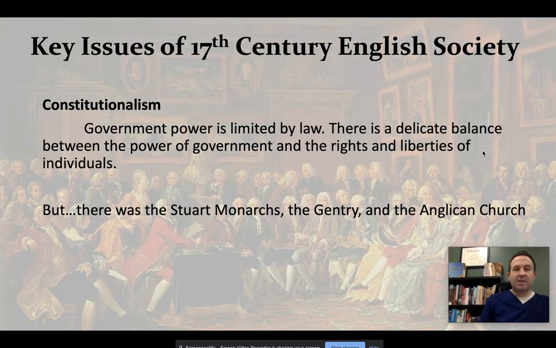So this all sounds good, right? Individual rights is fantastic. But there are some major issues trying to implement this. And one thing we're going to find is one of the big impetuses that allows this to work is the commercial revolution and the foundations of capitalism. Now, we can have a long debate about capitalism, its merits and failures and anything else you want to talk about. But right now, capitalism plays a very positive role in pushing forward the idea of constitutionalism.